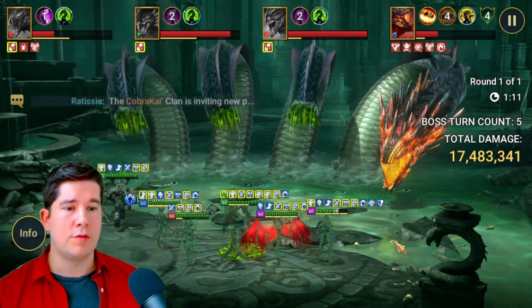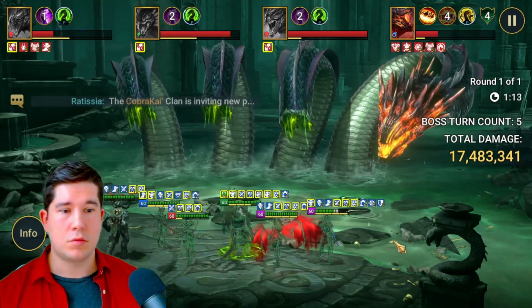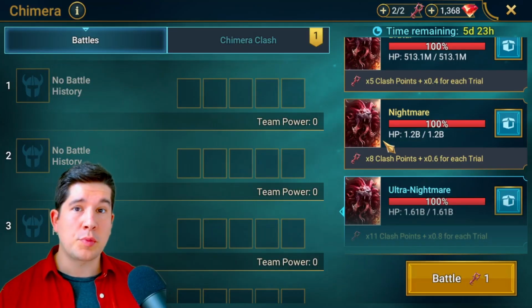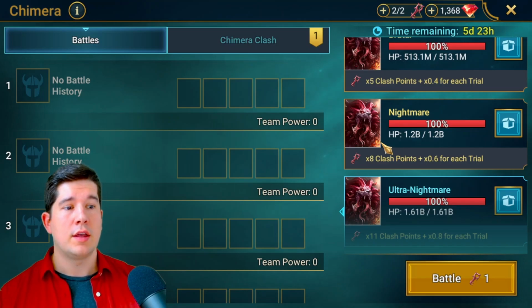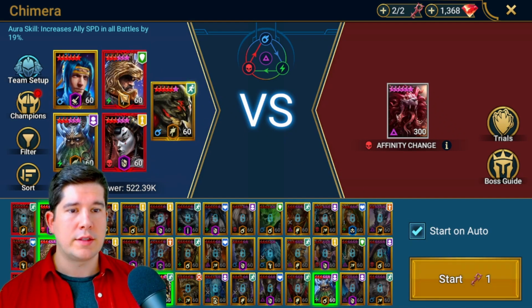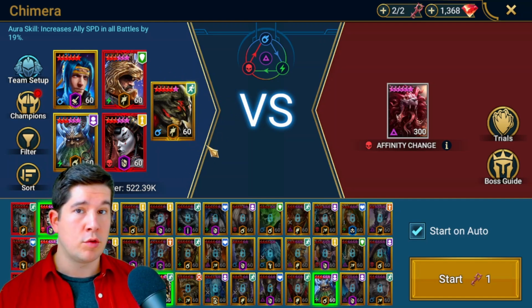Really, really effective in this game mode and essentially just carrying it on her own. And the final place where I wanted to showcase Elva is in Chimera Clan Boss. So we're going to go down to Ultra Nightmare. Here's my team. We have Elva as the speed lead, and she is also the only reviver on the team,